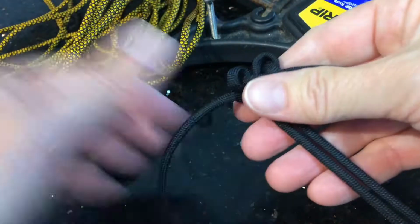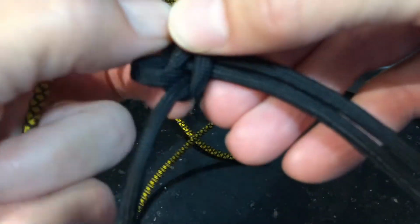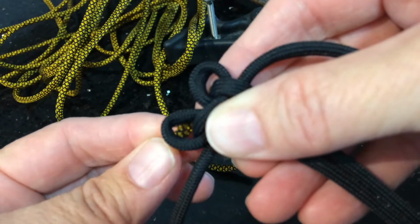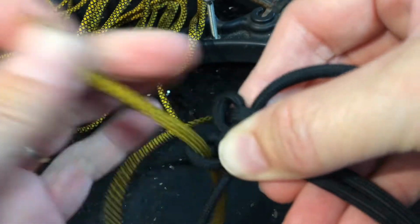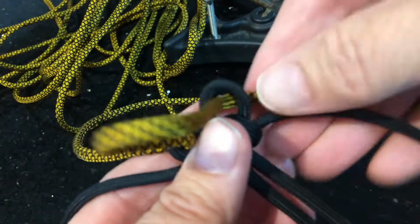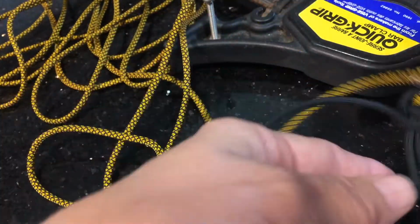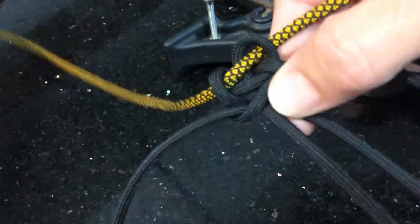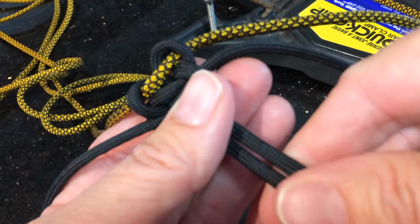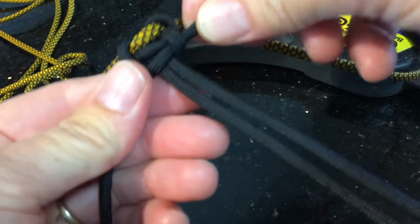Then you'll take your contrast colour and you'll just open those loops up a little bit on the end, and you'll feed your colour up through one side and down through the other side, and you'll pull that contrast colour all the way through to the halfway point. Once you've got that through to the halfway point, then you can tighten up what you've just done,